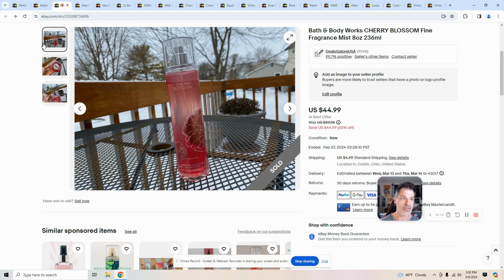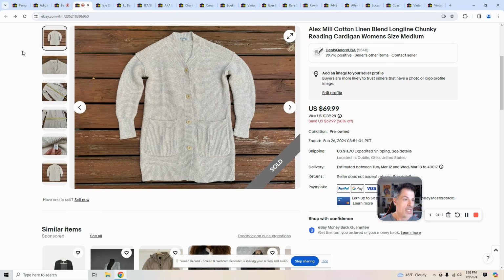So this is a pretty good example of one that I got great money for. Next thing here, not a huge, is this a women's cardigan? Yeah, so